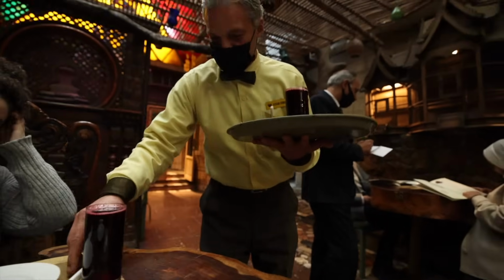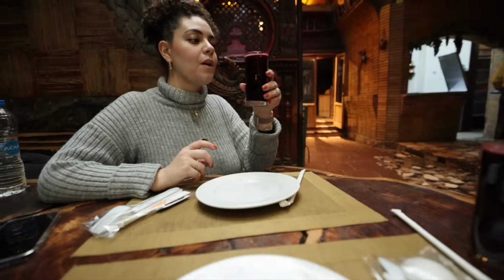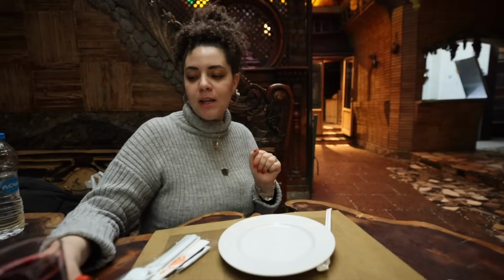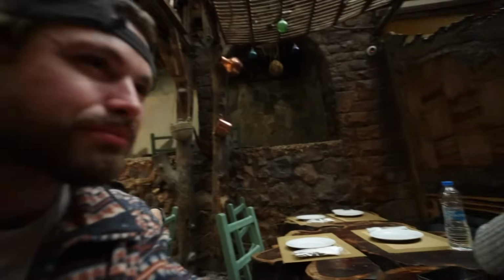Really nice Egyptian cheeses, but unfortunately they don't get a lot. It's tart and sweet at the same time. Whoa. Very tart. Some say that it tastes like cranberry juice. I don't know. I've never had cranberry juice. I could see it, but